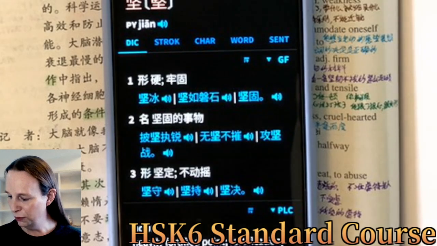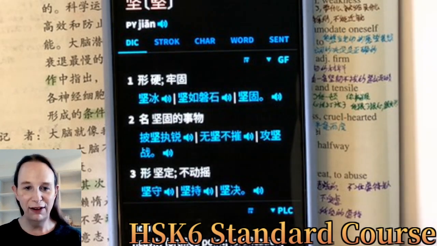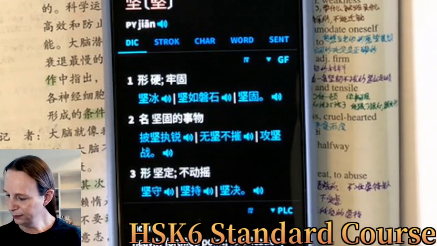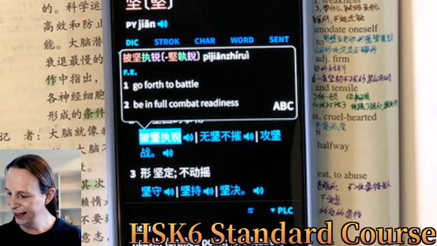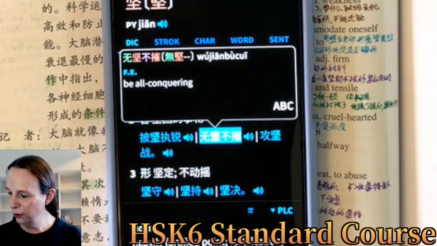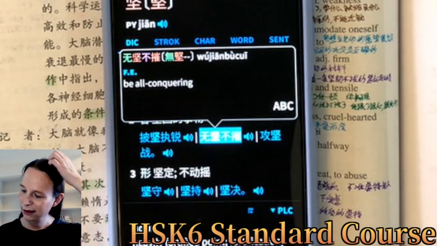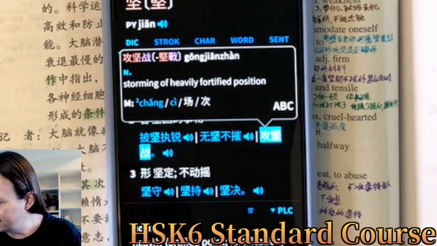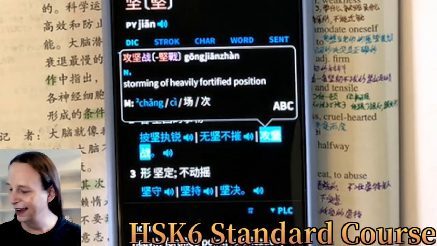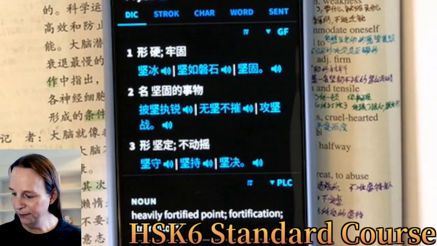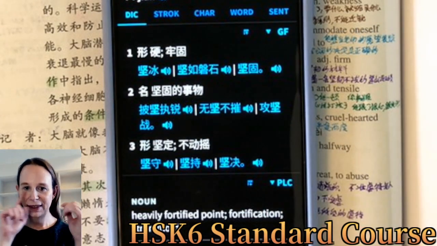坚固 firm, sturdy, so on. Okay, 坚固的事物 so you can use 坚 to refer to something that is sturdy. Okay. 披坚执锐 无坚不摧 I don't know this one either. 攻坚将 I don't know this one. Maybe that's not that relevant. 坚守坚持坚决 so this is a different one. 坚定 so